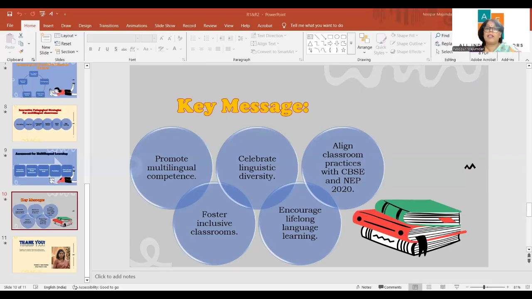Now we need to invite our students to greet the class in different Indian languages during the morning assembly. It's a very simple task, or ask them to share proverbs which they generally use at home. Such simple activities promote respect for diversity and encourage active participation.